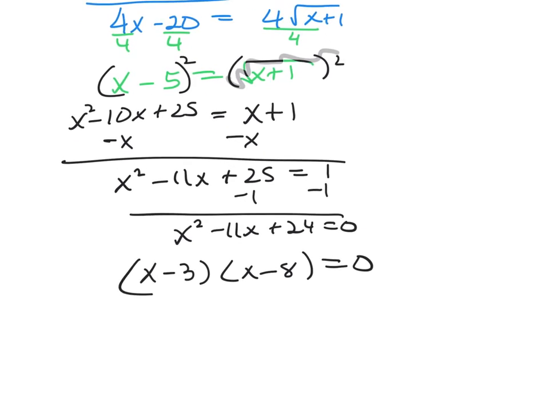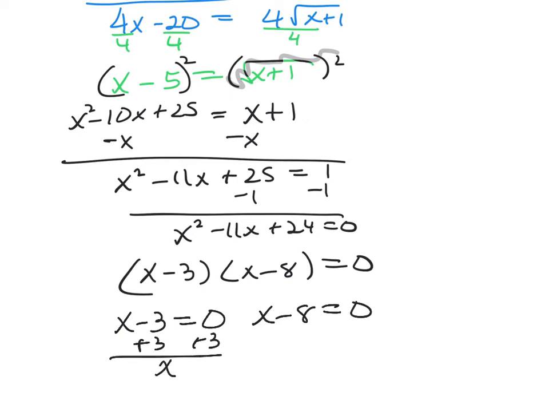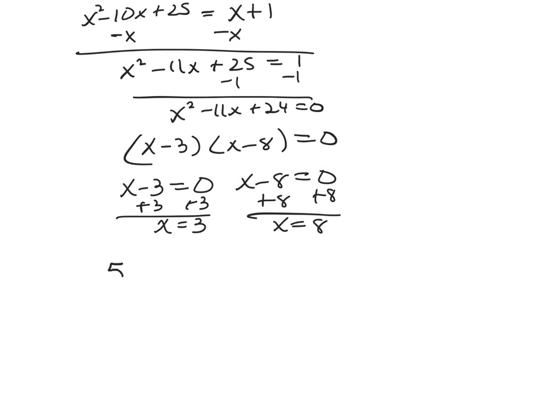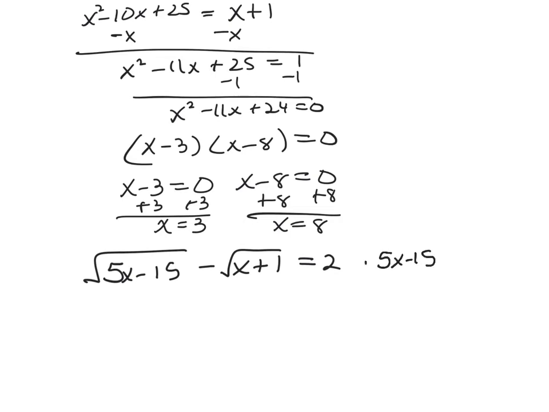Set each of the factors equal to 0. Add 3. X equals 3. Add 8. X equals 8. And again, this had a radical to begin with, so I do need to check it. So the square root of 5x minus 15 minus the square root of x plus 1 equals 2. I need to check both, so let me write it over here again so I can do the check for the other one also. So if I plug in 3,